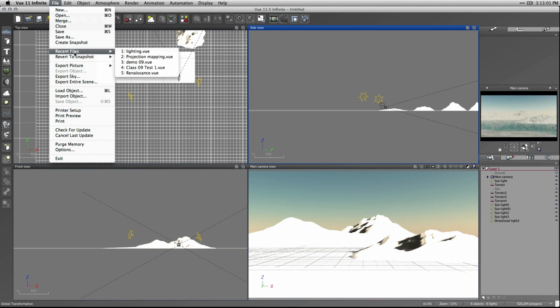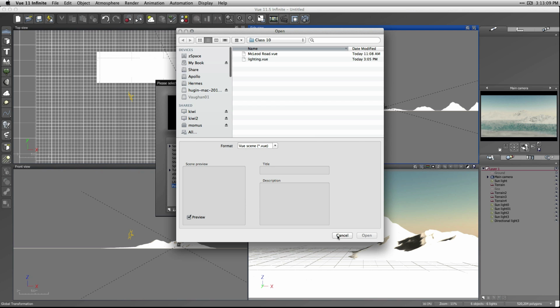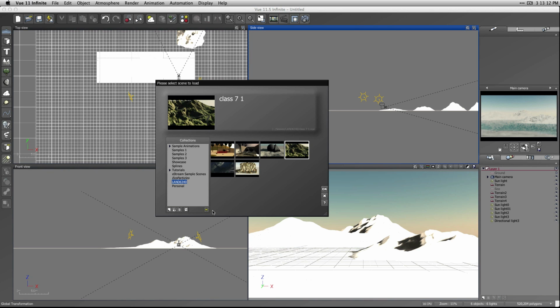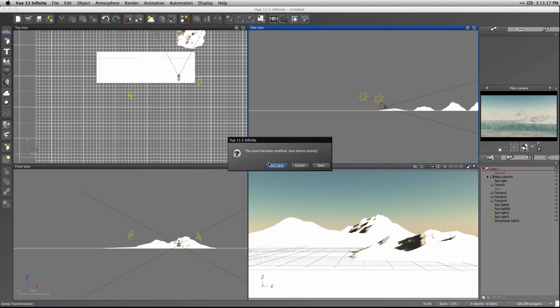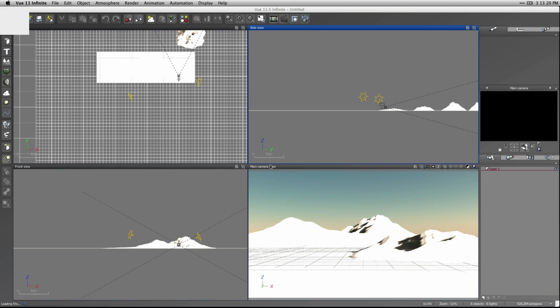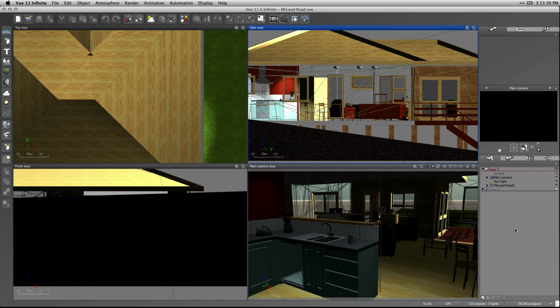So I'm gonna go, and I've actually got a scene here that I've got somewhere. No, open. And is this my Homeland 6340 folder? Sort of. Class 10 McLeod Road. So here is, I'm not interested in saving that one. Blah blah blah blah. Here's